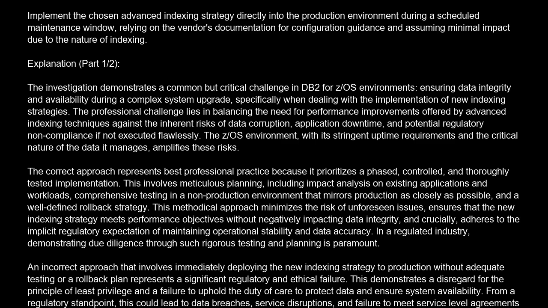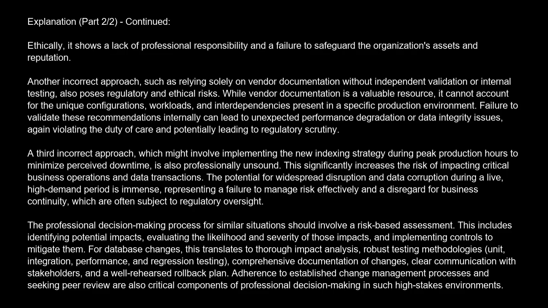An incorrect approach that involves immediately deploying the new indexing strategy to production without adequate testing or a rollback plan represents a significant regulatory and ethical failure. This demonstrates a disregard for the principle of least privilege and a failure to uphold the duty of care to protect data and ensure system availability. From a regulatory standpoint, this could lead to data breaches, service disruptions, and failure to meet service level agreements, SLAs, potentially incurring severe penalties. Ethically, it shows a lack of professional responsibility and a failure to safeguard the organization's assets